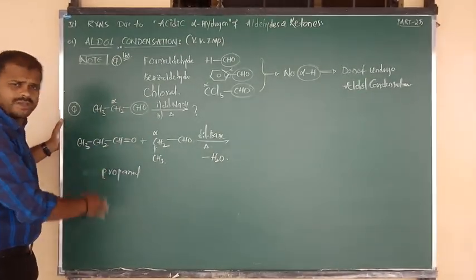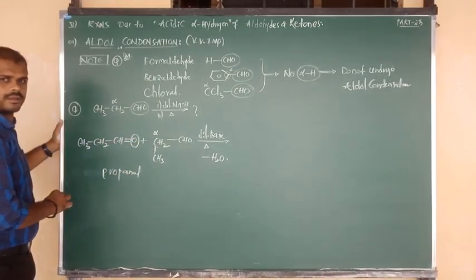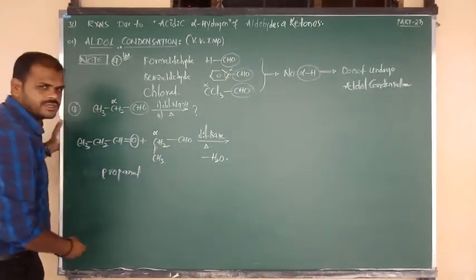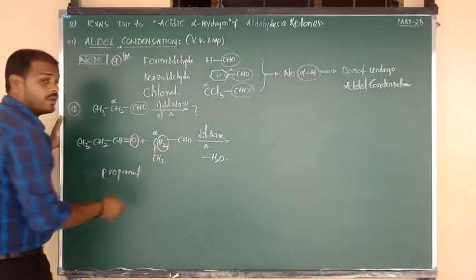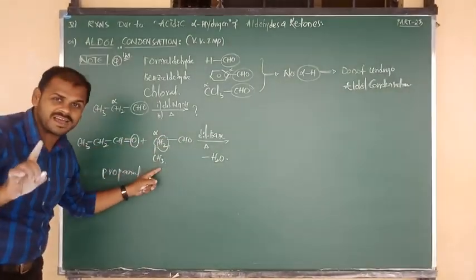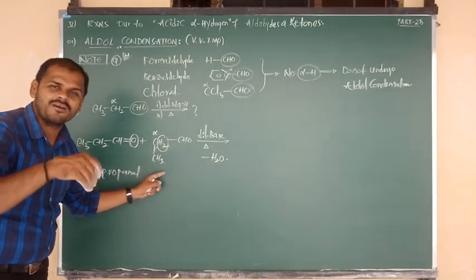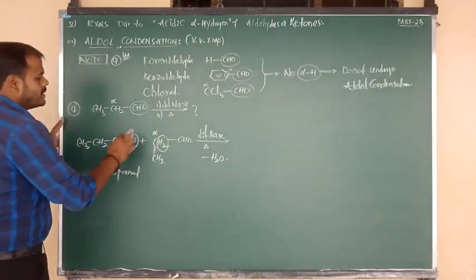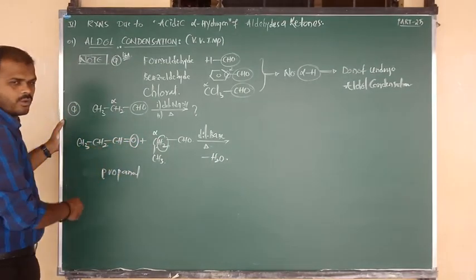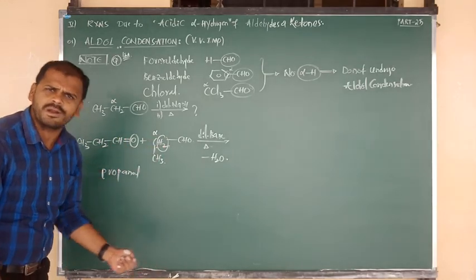Simply, from the first mole of aldehyde or ketone, we have to remove the oxygen. From the second mole of aldehyde or ketone, we have to remove the H2. That H2 is from the alpha carbon only, not from the beta. So we don't need to consider the beta CH3. That's why I have written it downside. Okay, fine. So from the second molecule H2, from the first molecule O, removed in the form of H2O. The remaining we have to join together. You will get the condensation product.